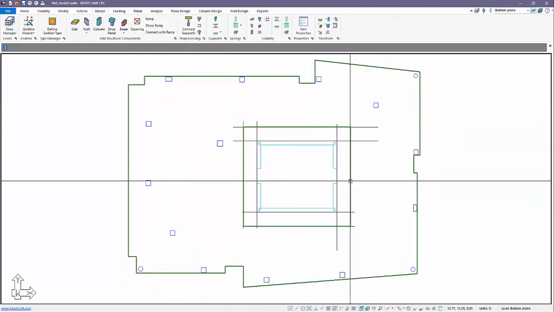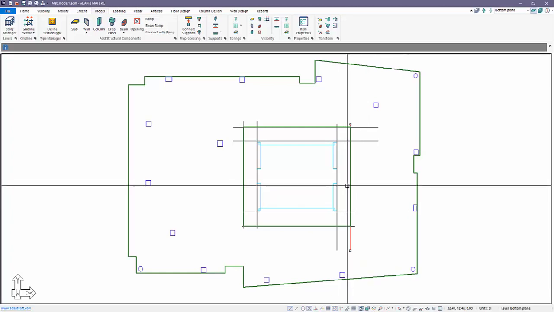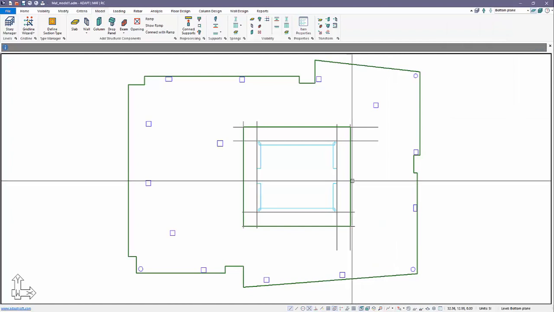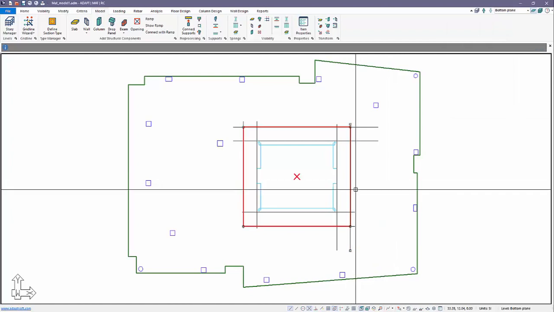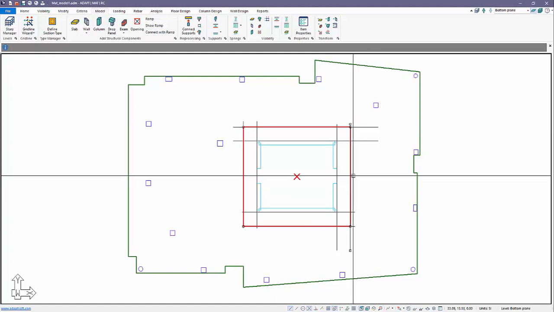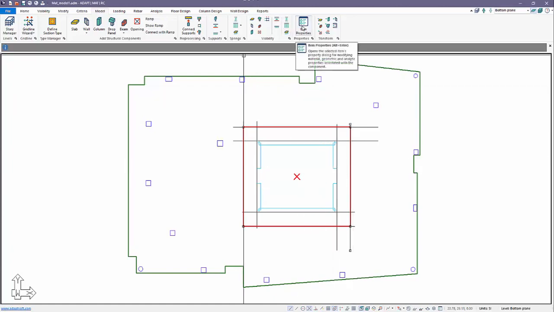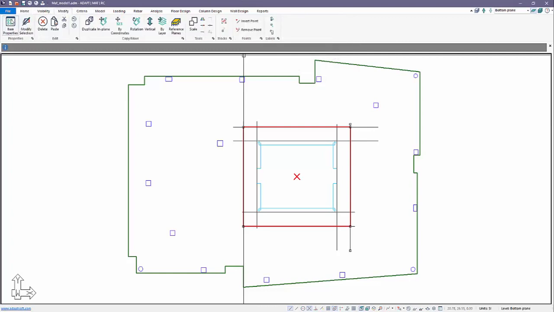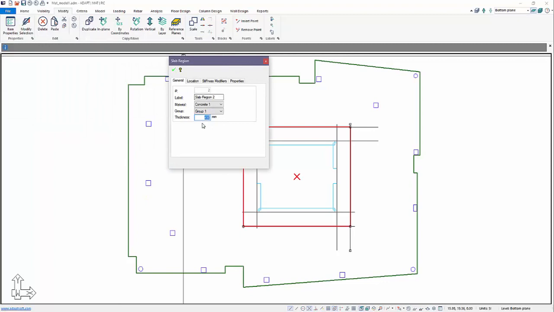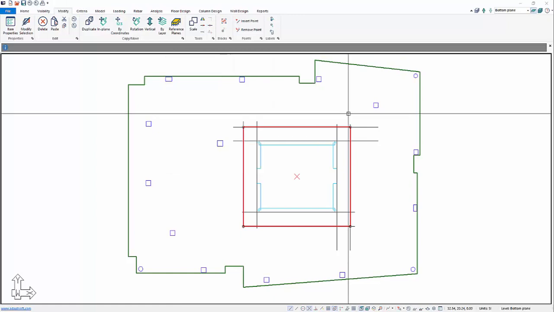Now if we double click on this slab region, you'll notice when I double click, it actually opens the line properties. So if I click once and press Tab, it will toggle between the line and the slab. Here I've selected the slab, and we can go to Item Properties from Model. We can select Item Properties also from Modify, and we just need to get that open for that slab in order to create its thickness. So this is going to be 600 millimeters.